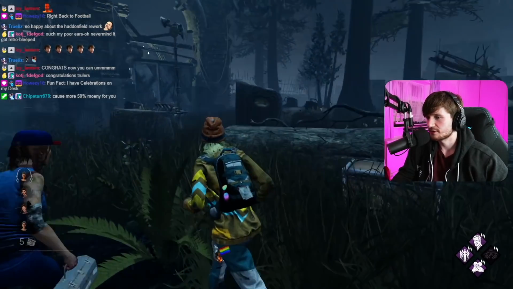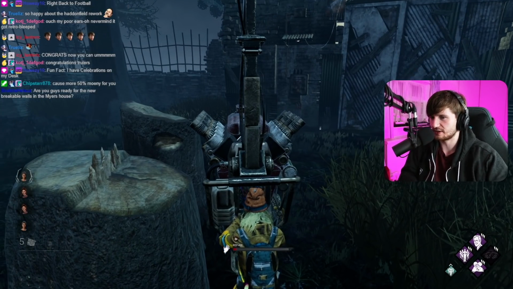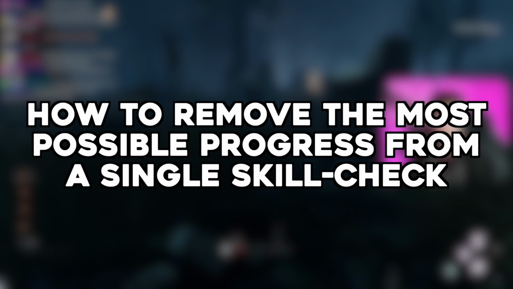Don't you hate it when your teammates run up to the gen you're working on and continually fail skill checks? Like, dude, you aren't helping. Just go do something else, please. Well, it's time to get your revenge. Kind of. Today we're going to be figuring out how to remove the most progress possible from an action in